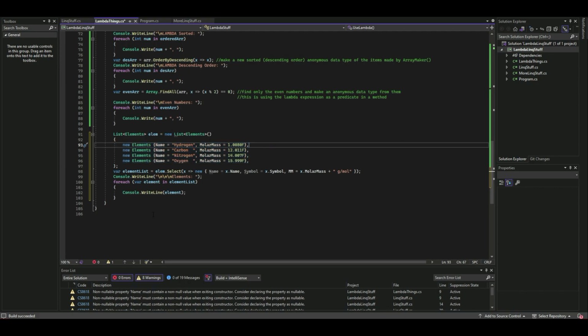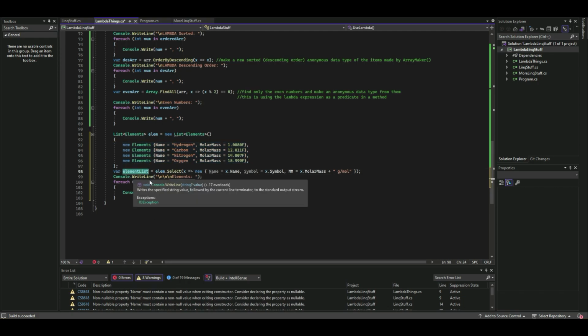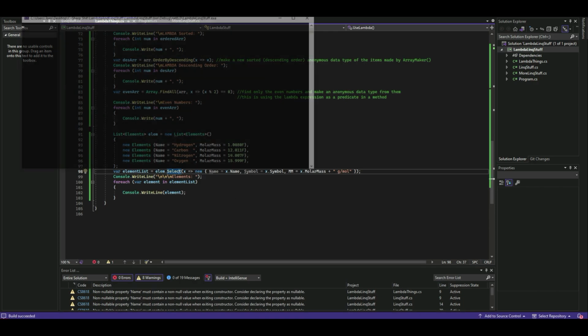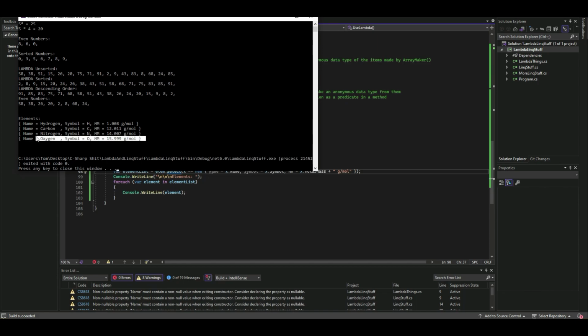And so we have this right here. So we have var element list. We're looking at this element list right here, select. And we have X here. So it's going to look at each element of that list, and then it's going to put each element of that list into an anonymous data type right there and then print it out. And so we can run this, and it's printing out each of these anonymous data types right here,